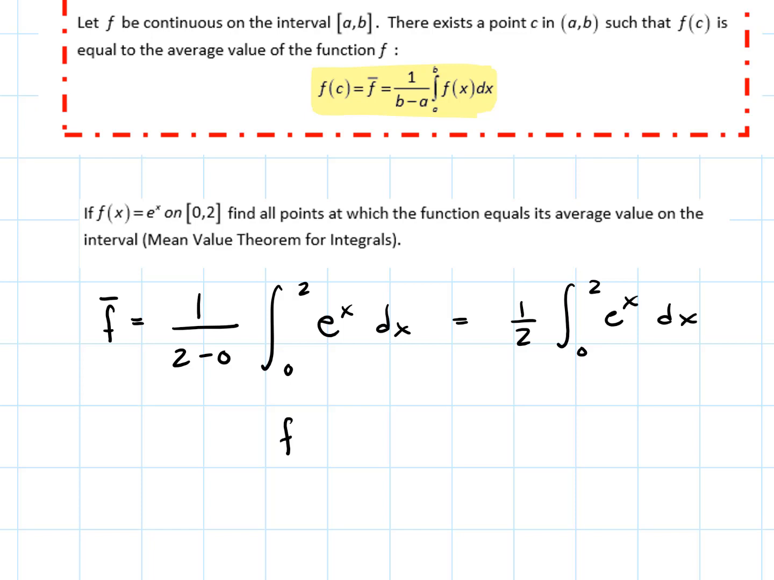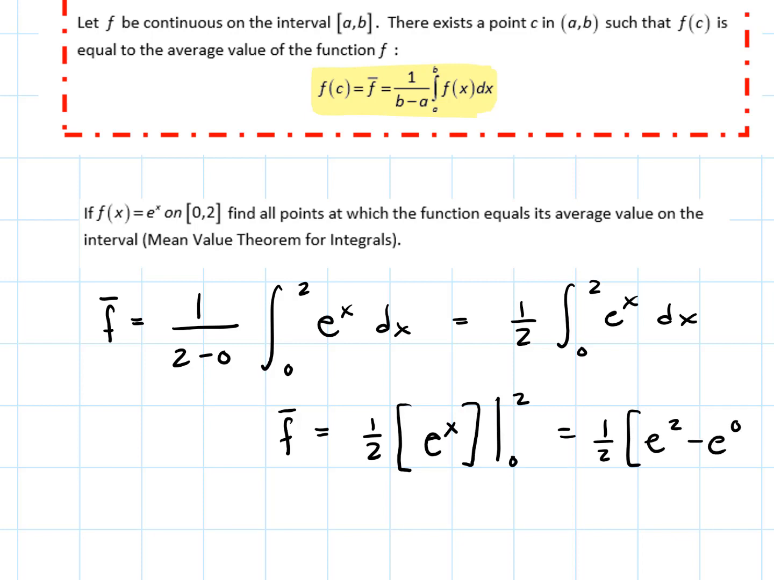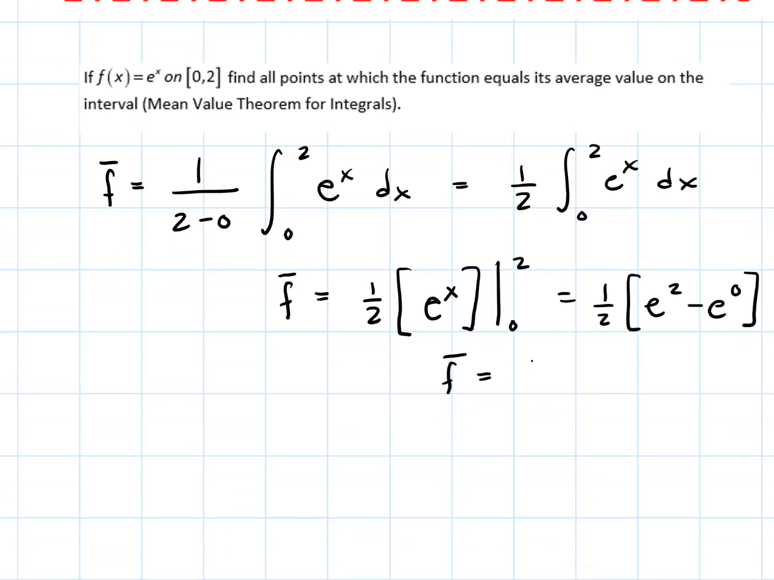And so f bar is actually 1/2, and the integral of e to the x, that's one of the easiest ones, is e to the x from 0 to 2. So we get 1/2 times e squared minus e to the 0. And so my average value of the function e to the x from 0 to 2 is 1/2 e squared minus